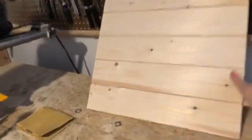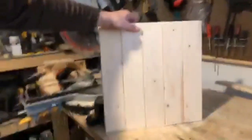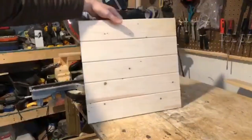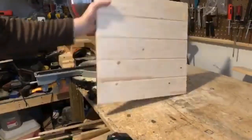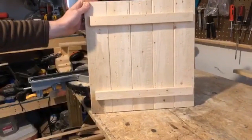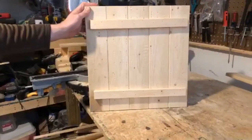When I do mine, I have them vertical. Will you hold that up for me? So I have them vertical like this and then flip it backwards. Show them the back. There we go. The reason I do that is because when you flip it around, I just hang a nail and